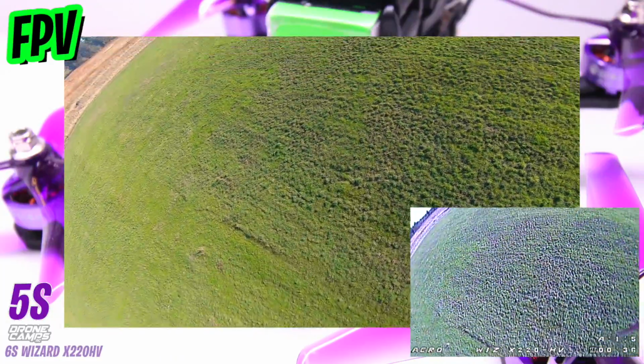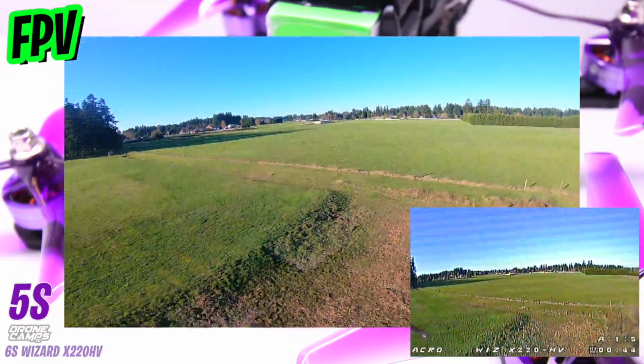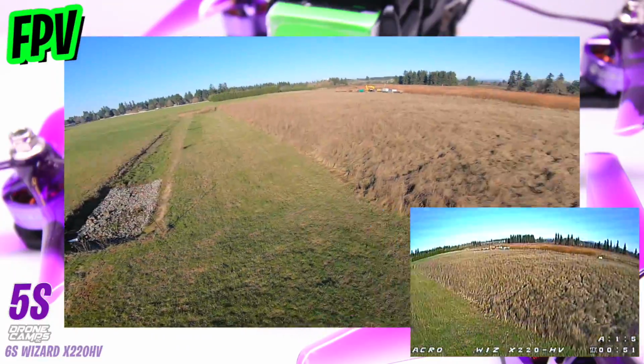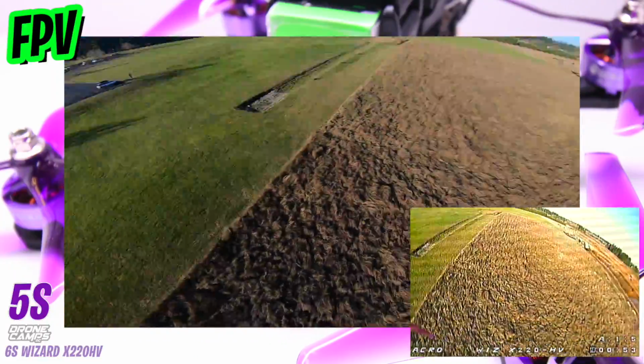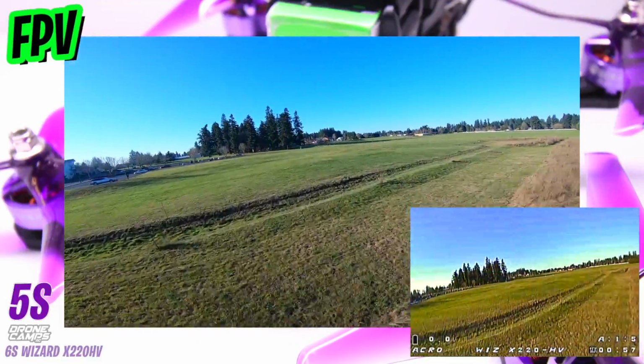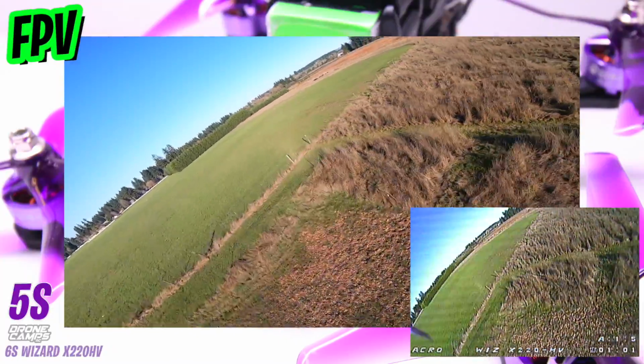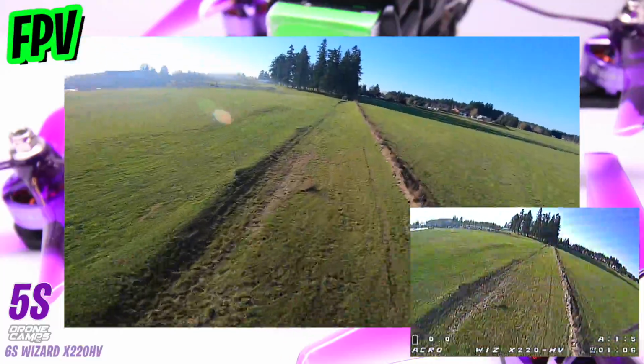You can see the FPV down there in the right hand corner. You can see I have no battery voltage right there, and I had to go back into Betaflight and activate telemetry, because right out of the box they didn't have it active, and thank God I brought my laptop to the field with me. Sometimes these things do happen on different Chinese quads, but once I got that fixed on the next battery, I